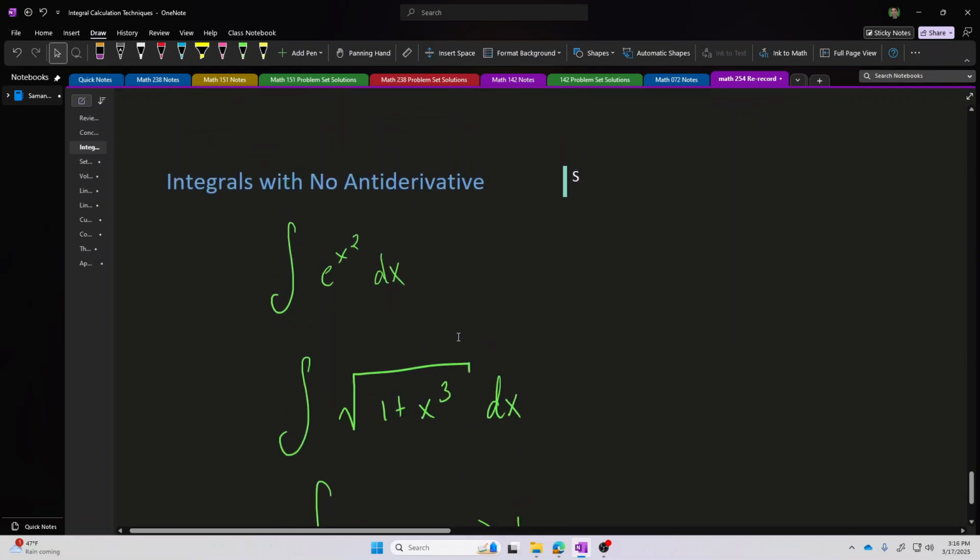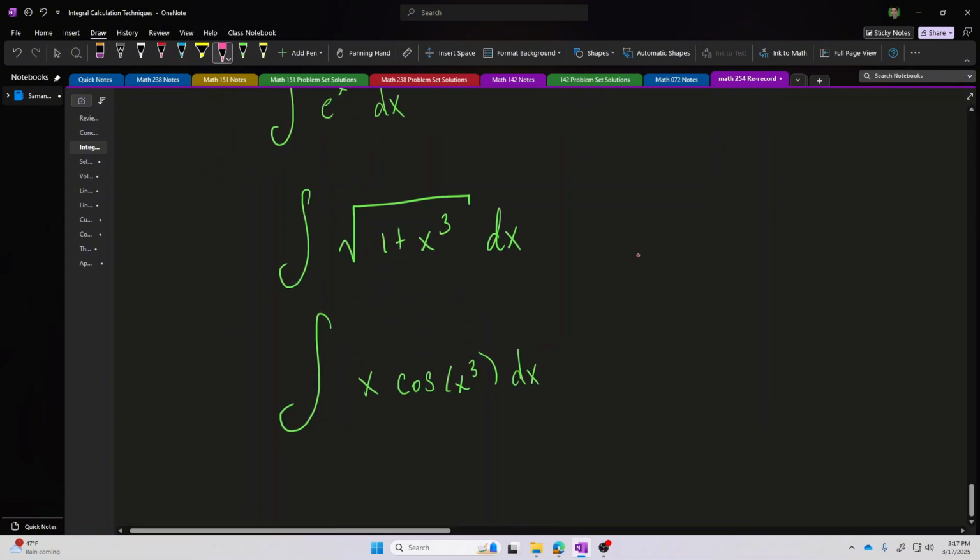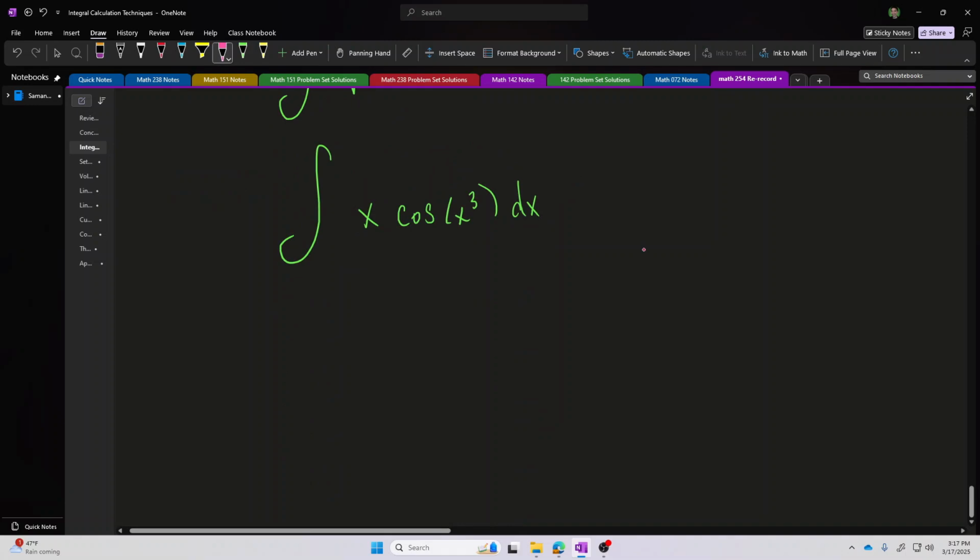So I really want you to understand how lucky you actually have to be in order to have an integral where you can actually find an antiderivative. All the functions that you encountered in Calculus 2 are kind of manufactured and carefully selected by your teacher to be lucky, but most functions have no antiderivative.